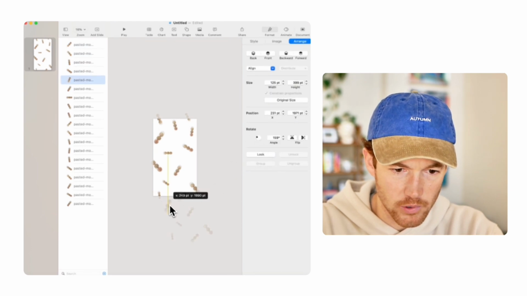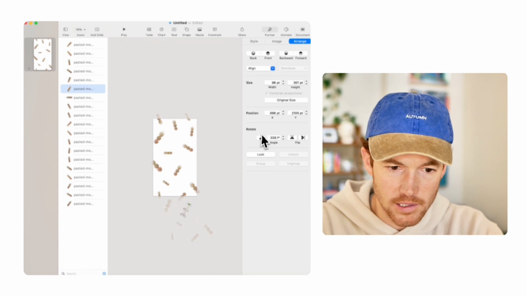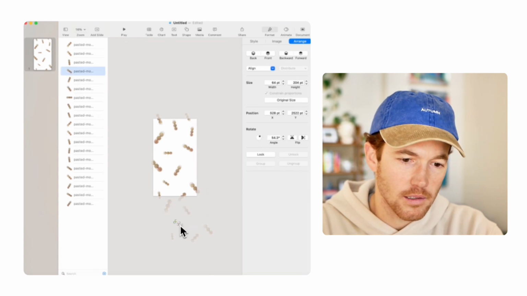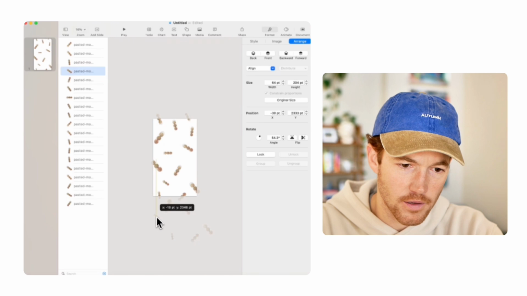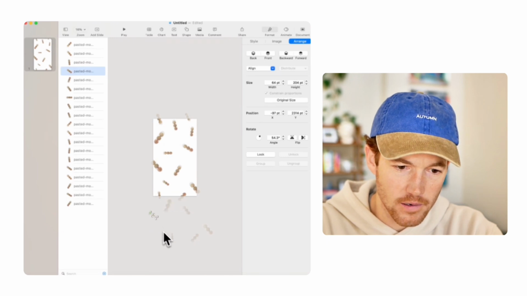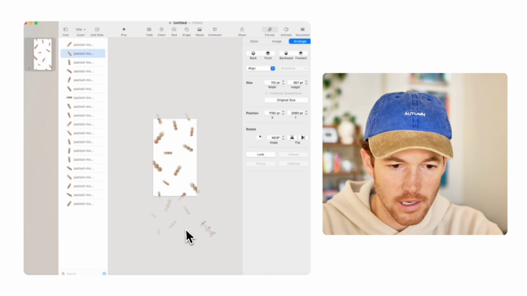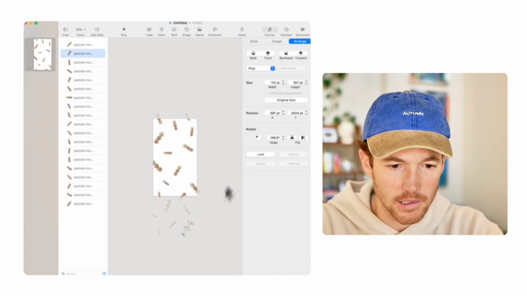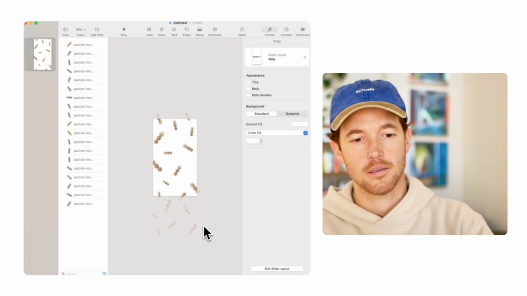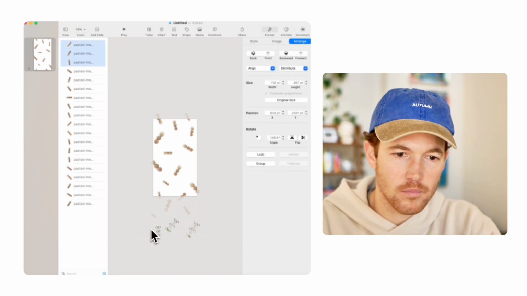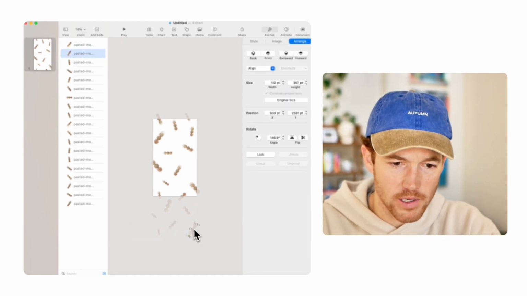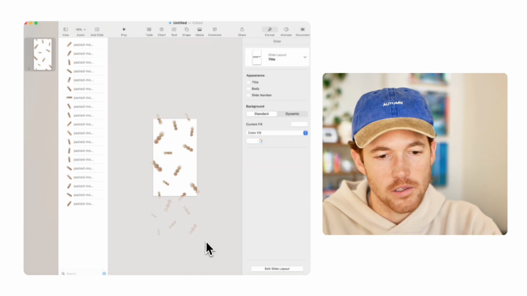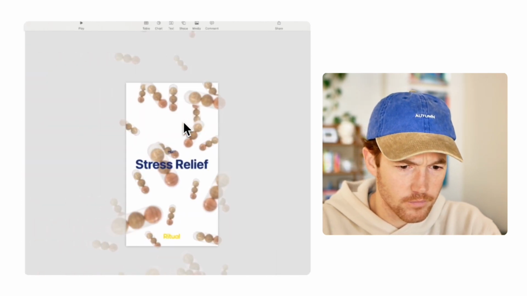And this is actually pretty important here to still make these a little different. You know, if they look like a pattern that you've just copied and pasted, the effect probably won't be as compelling. Okay, so this looks pretty good right now. So now that I've got this dispersion here,